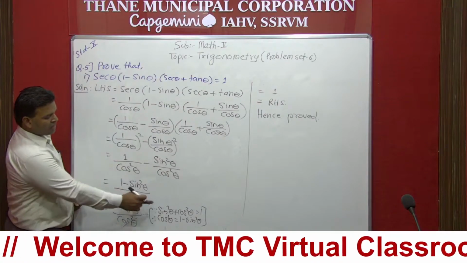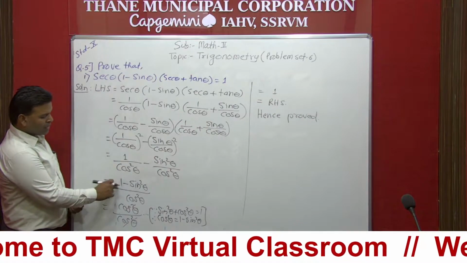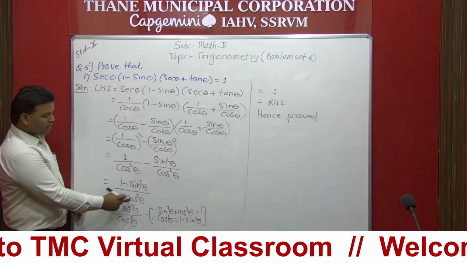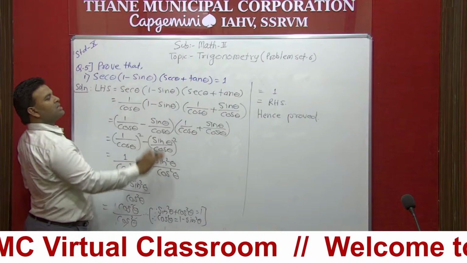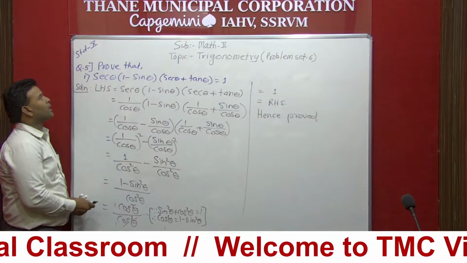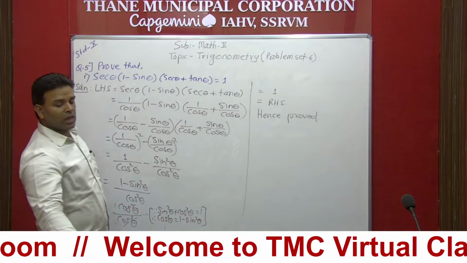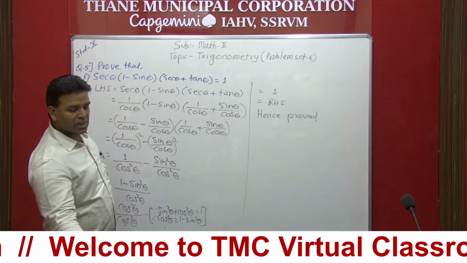After subtracting, I have used the identity sin square theta plus cos square theta is equal to 1. Now here, instead of this, I have written cos square theta. Now both will get cancelled. Finally the answer is 1. Now we have completed question number 1, the main question 5. Now I am going to start with question number 2.